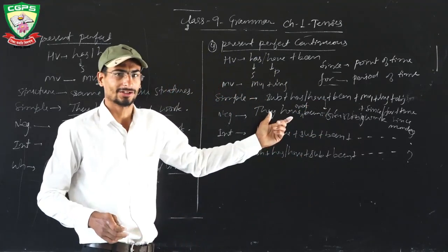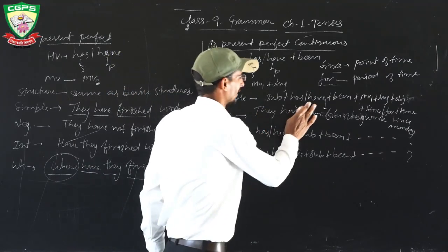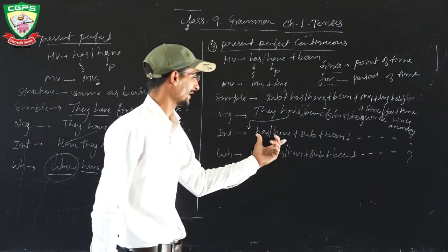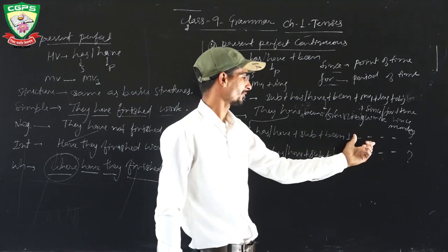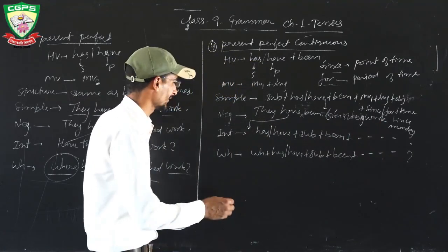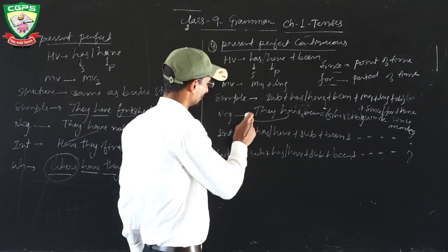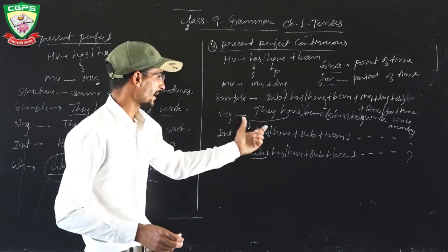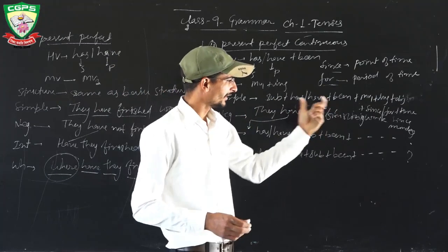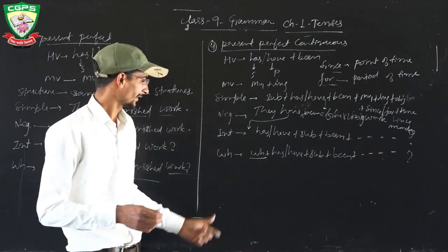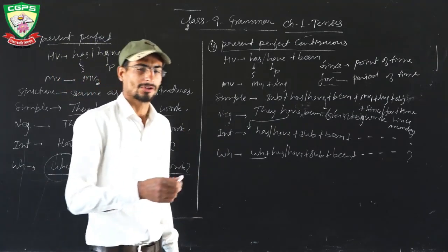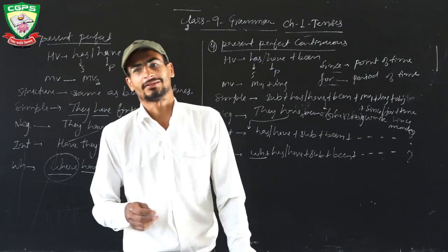Next negative, just add not after the helping verb. That is negative sentence. For interrogative, write the helping verb, just the first part of helping verb, has or have, then the subject, been, main verb first form plus ing. Next structure is same. When we convert this into WH word type, just add WH word. So when have they been finishing work since Monday? That is WH word type sentence. So this was all about the present tense. About the past tense we will study in the next lecture. Thank you.